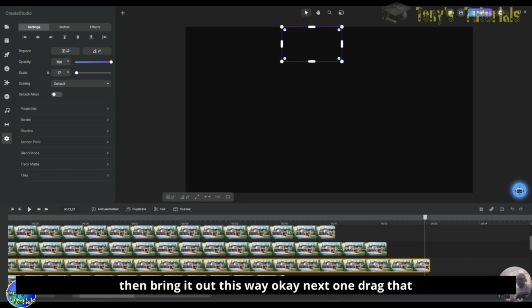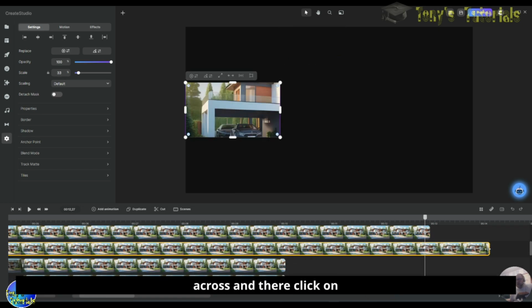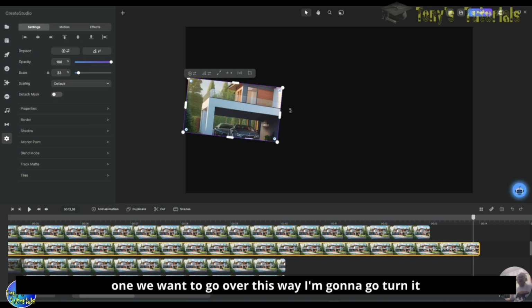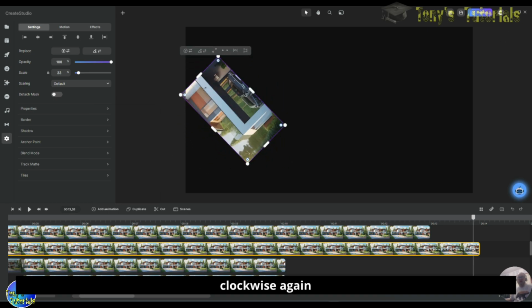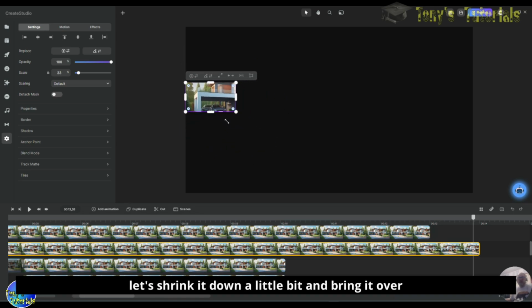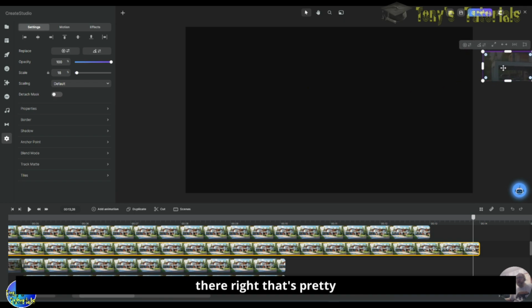Okay, next one. Drag that across, out there. Click on there, like that. Add animation, position, scale, and rotation. Bring that across a little bit, not too much. Take that back a little bit. Click on that one. Now with this one we want to go over this way, so I'm going to turn it clockwise again. Then shrink it down a little bit like that, and bring it over there. Right,